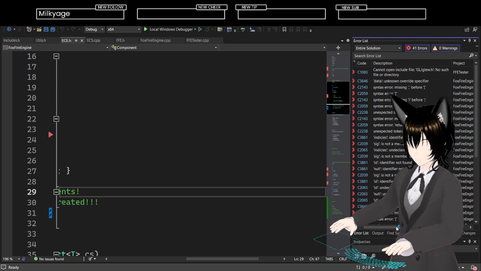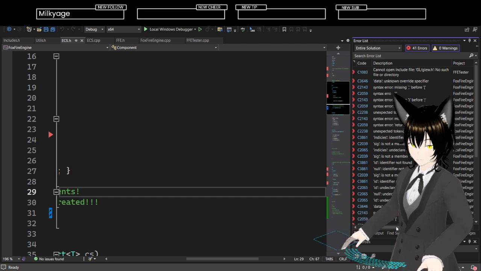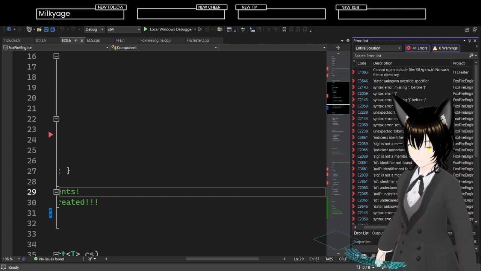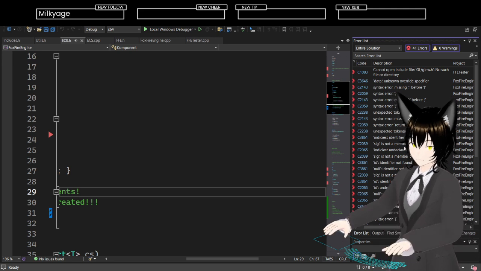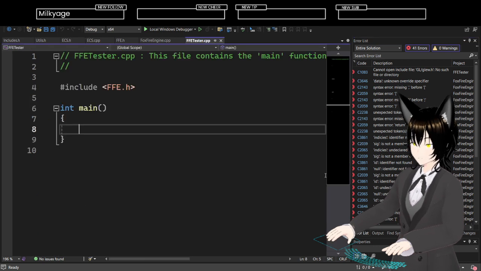Why is my thing not charging? That's not good. Oh, there we go. That would probably explain a few things. Okay, so that's a little strange.